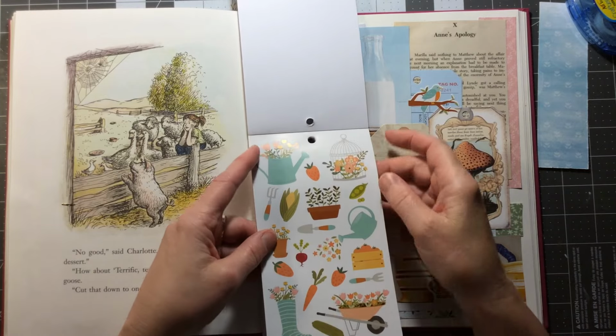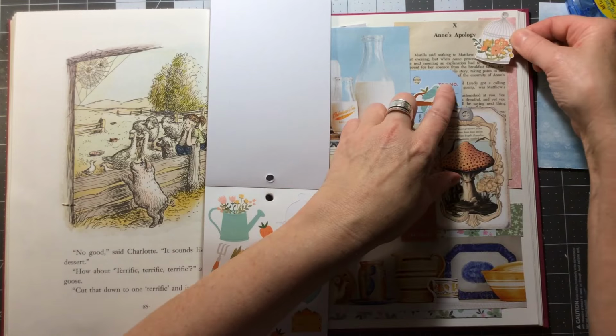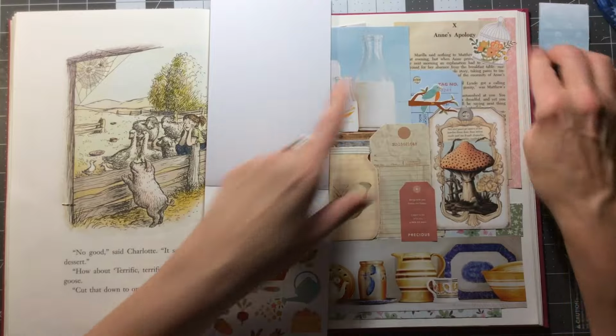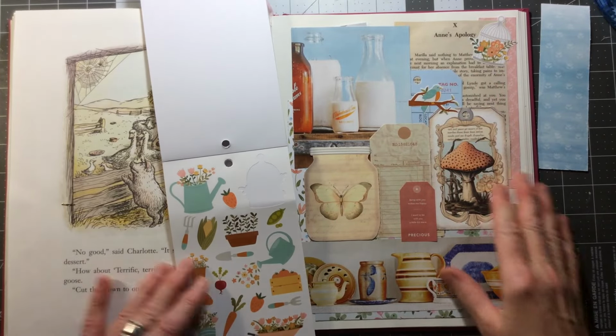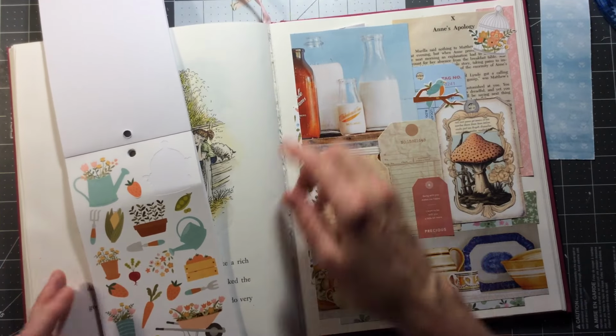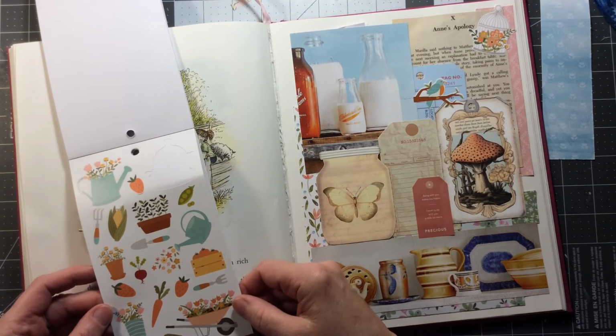Oh, I used to have a little bird cage in my kitchen with flowers in it. And it kind of goes with the bird theme. So I think that would be cute up there. And I can still see from the breakfast table there. So I think that's kind of cute. And maybe just a little something there if I can find a little something to...